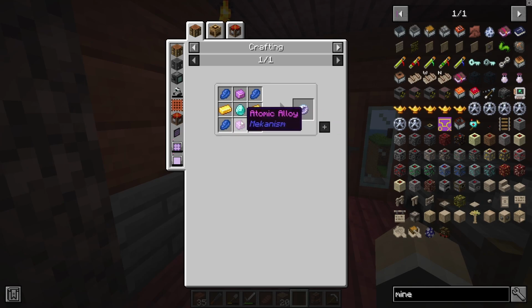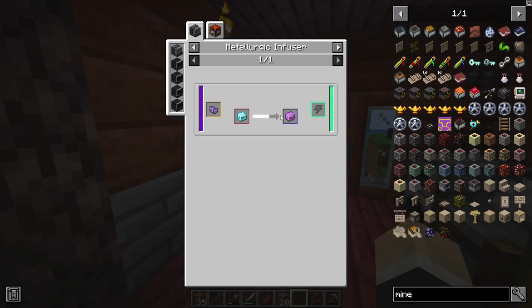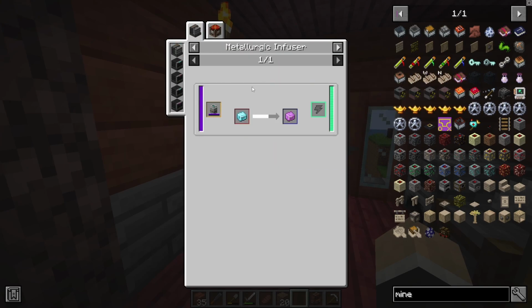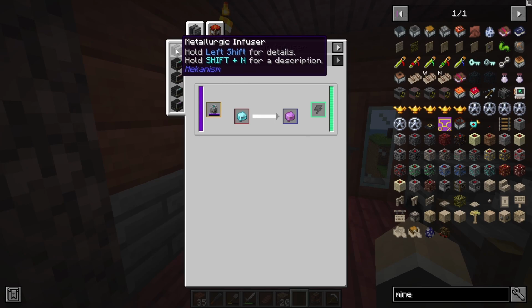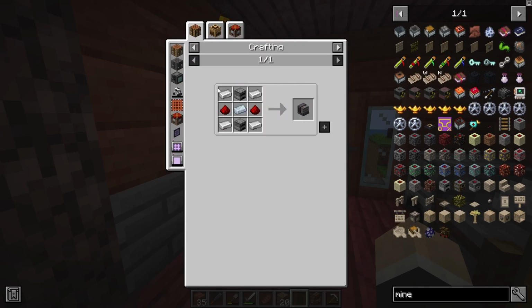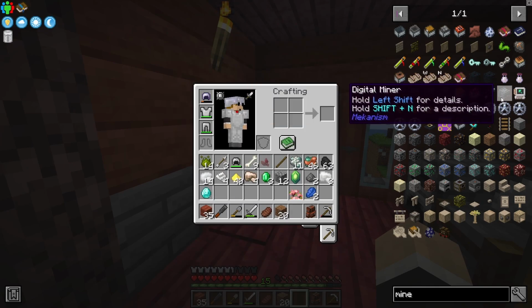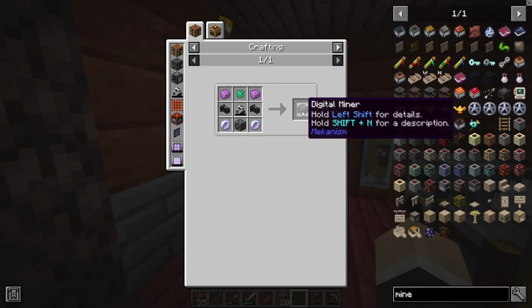As you can see, we need teleportation cores with atomic alloys, which come from crushed obsidian and diamonds and diamond dust, infused alloys, which we get from redstone and iron. And to make all of those different alloys, we need metallurgic infusers, which require iron and osmium and all of those different things. It's going to take us a while to get this, but the digital miner is really cool